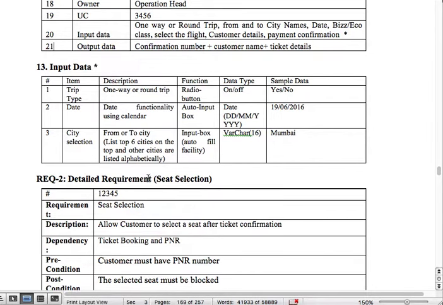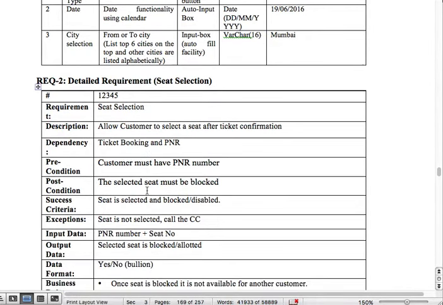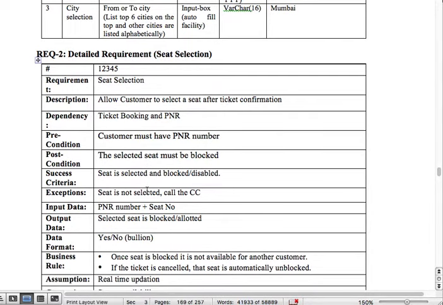The second requirement we have taken is actually a sub requirement, or maybe a requirement that is dependent on the previous requirement, and the sub requirement here is